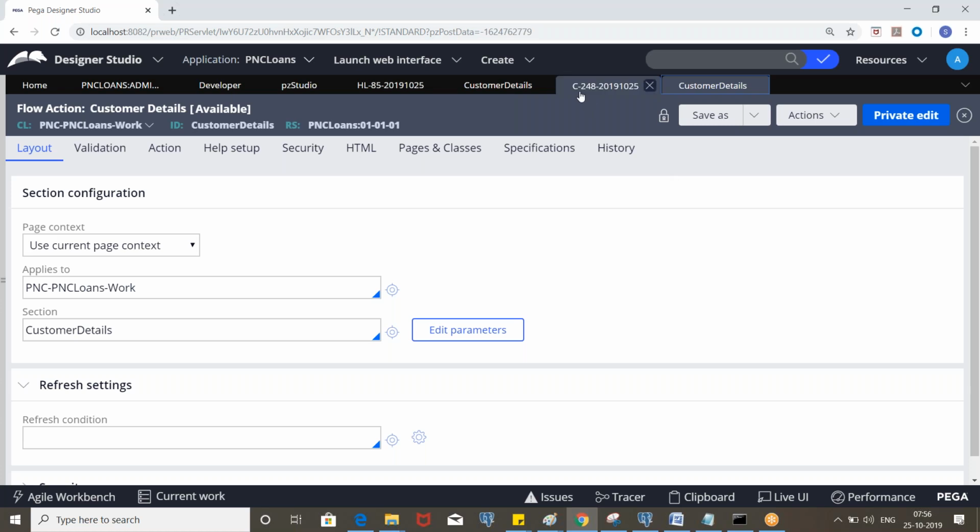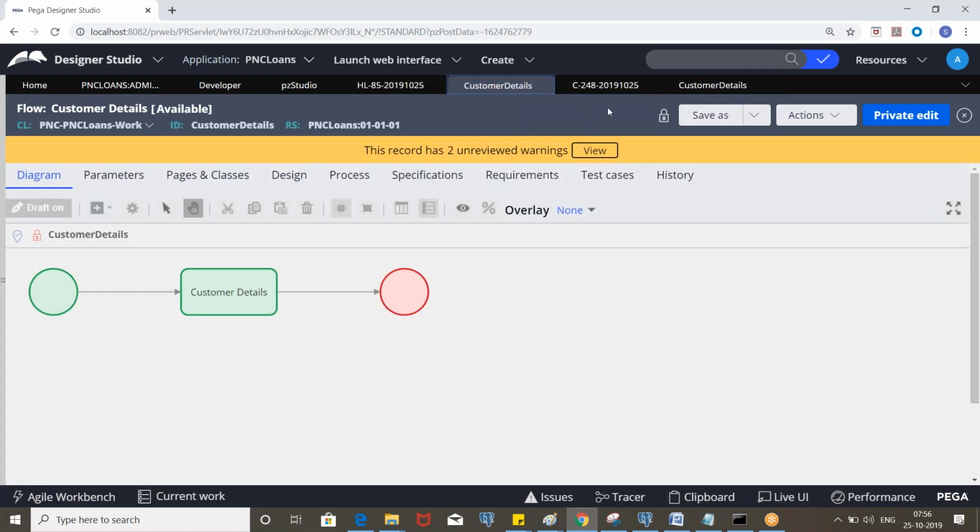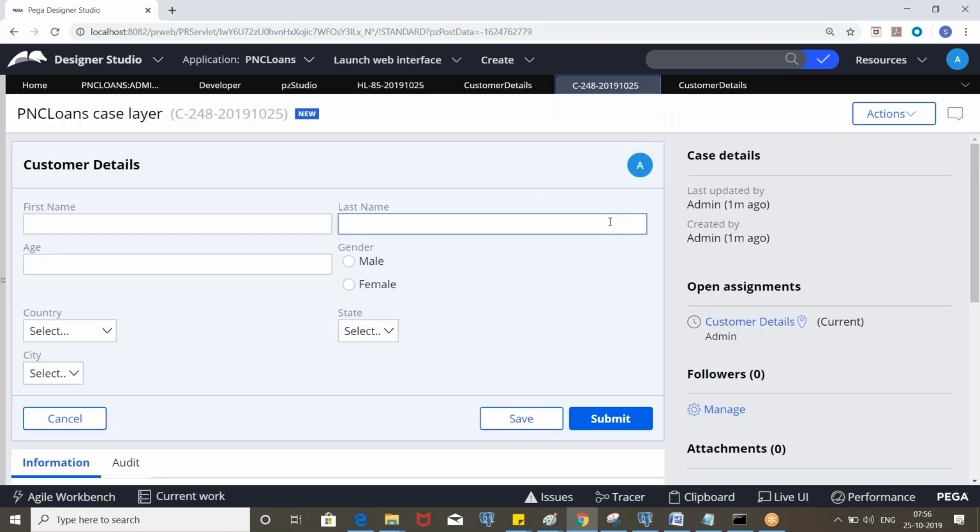Whatever rules you see in the runtime are actually executed as part of this process. And if a rule is withdrawn, that will not be picked. So you will see the actual rule which is available for execution.